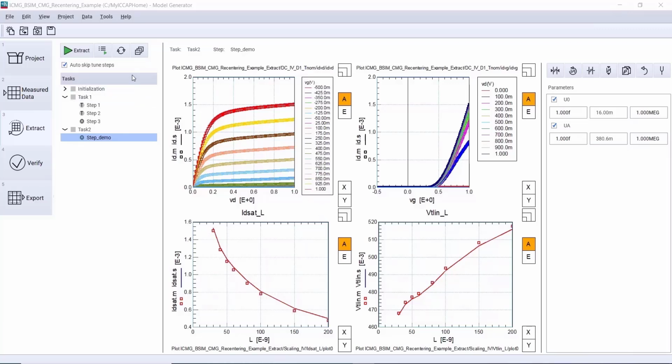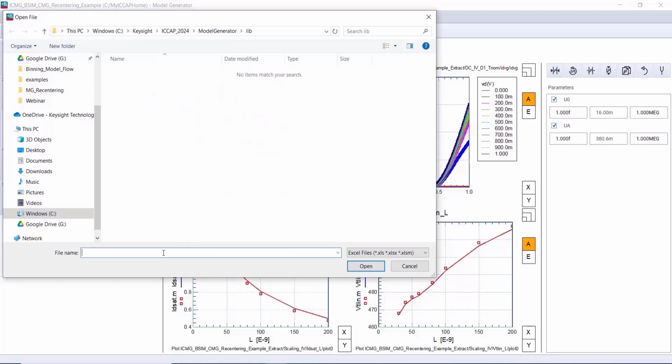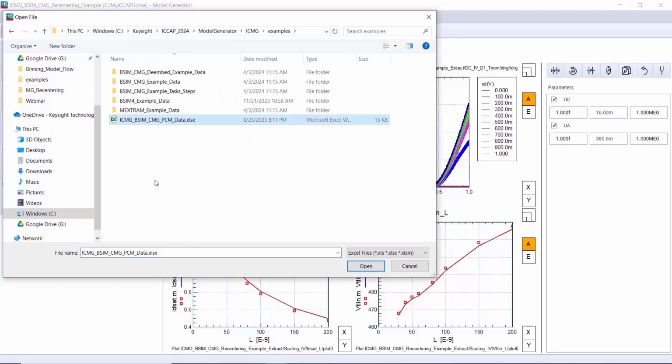Okay, we still use the same example. We just use this one to introduce the scaling clause part. We know that in recentering, in addition to the ID data, we need another data type, the PCM data. We can then load that data target from tools, recentering, import targets, and select the location of the PCM data